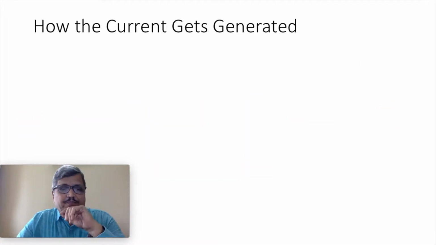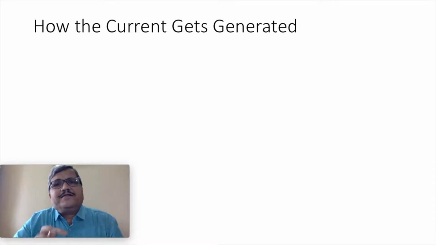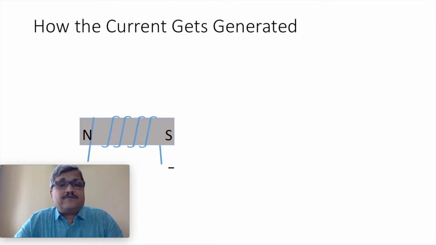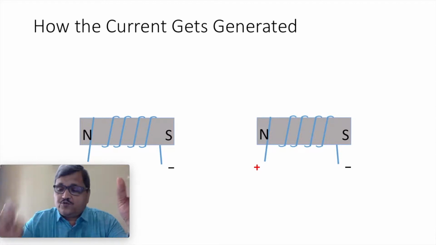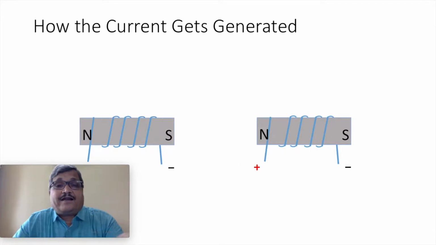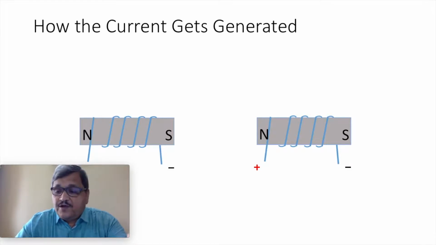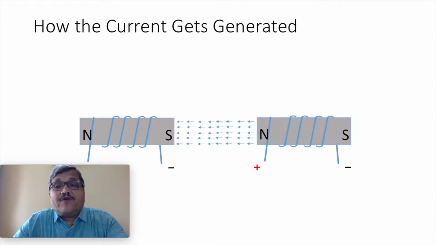Now another concept, that DC supply is available in a cell or battery. But the question is how we generate DC supply. So once again, a round bar with magnet which we have converted into a magnet electrically, and another magnet placed face to face, that is North Pole facing South Pole. Then the magnetic flux, the attraction of North Pole towards South Pole, the flux lines will be from north to south. The flux will have impact from north to south.